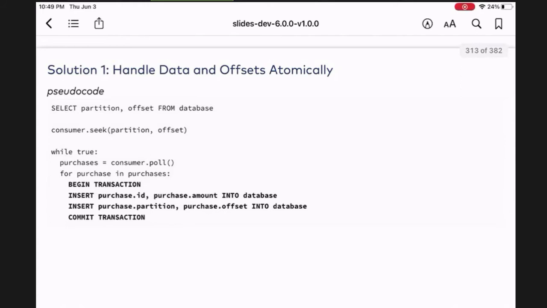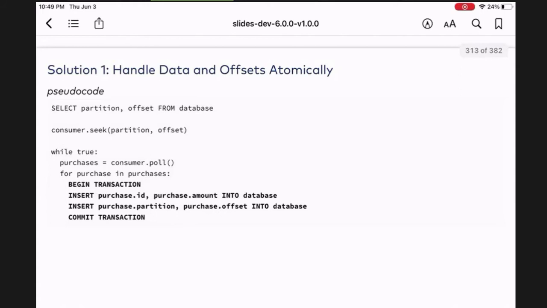In other words, they're trying to say that you're doing it atomically. You're doing everything as part of a single transaction. So you handle the data and offsets atomically, right? Then in that case, rebalancing isn't going to end up reprocessing the data.